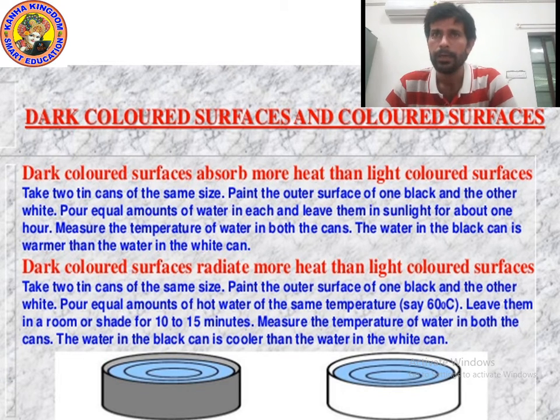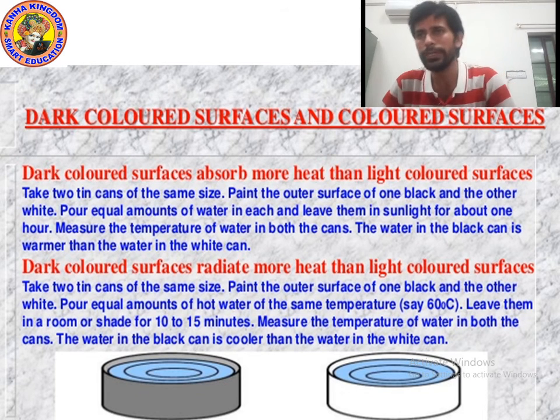Okay, dark colored surfaces radiate more heat than light colored surfaces. Yes, remember kids, you know, roads are usually black in color. Why? The reason behind it is they absorb heat faster in comparison to other colors, and dark colors also release heat faster than others, radiating more heat than light colored surfaces. Okay, any other colored surface.